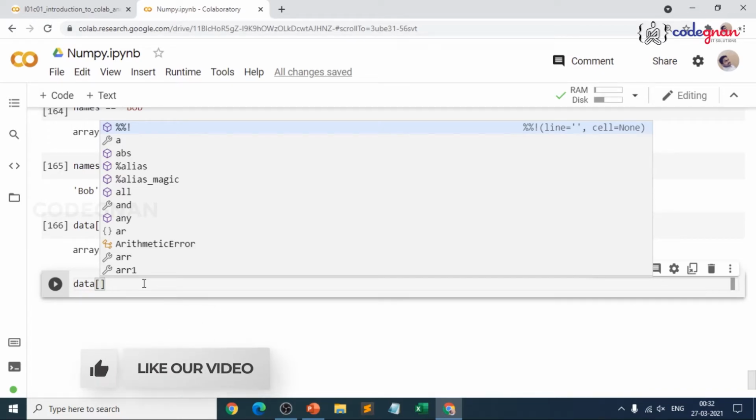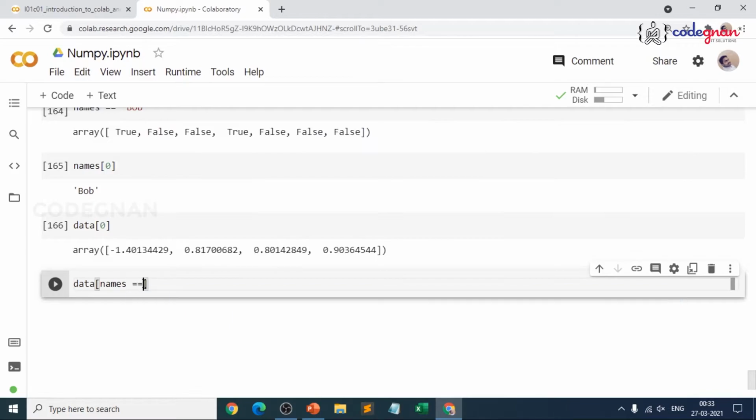So I just pass a Boolean array, which can be passed when indexing the array. That means I define names is equal to Bob. Make sure you write this spelling correctly, because here we are passing this Boolean array that can be passed when indexing the array. That means it must be the same length as the array axis.